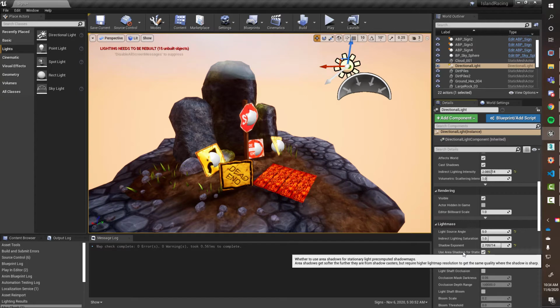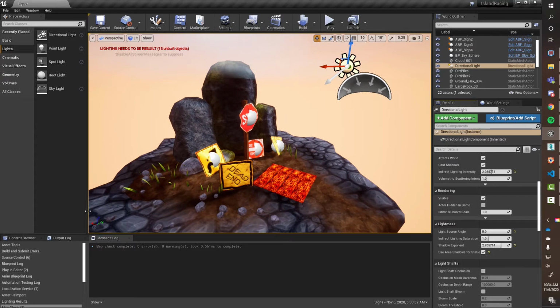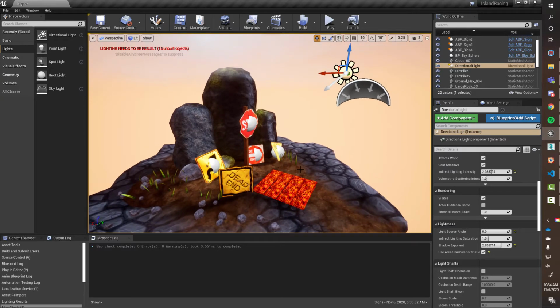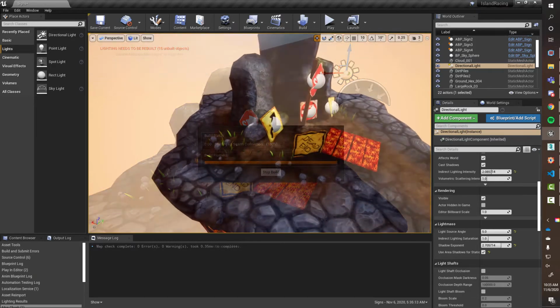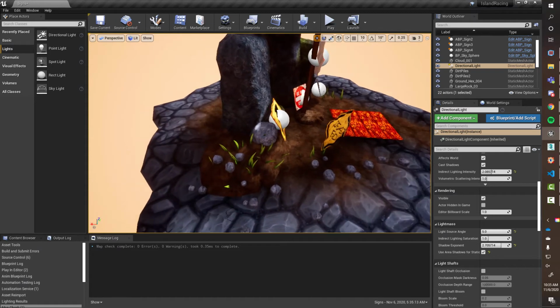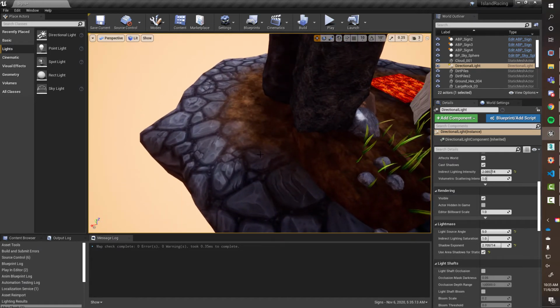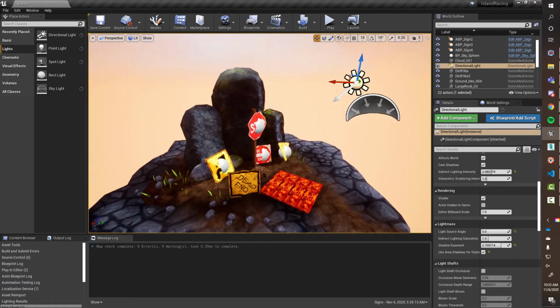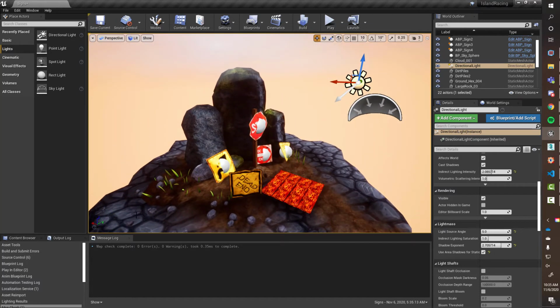This is going to give you nice quality area shadows that are going to be soft on the edge for baked objects only. So only if things are getting baked. Once again, you're going to see lighting needs to be built, and that's because our lighting's changed or something's moved in the scene. Control Shift colon. So you can see now as I've cranked up some of those values, our shadows are much softer on the edges. I just pushed those values way too high, but it is giving us this nice